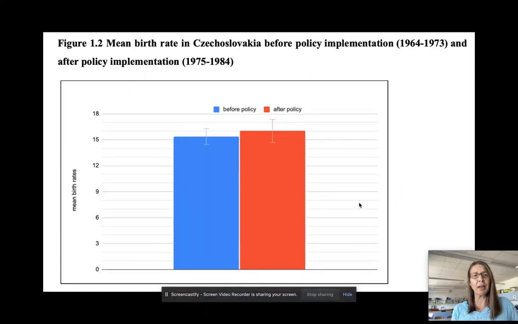This was a really cool one. I had a kid look at some population policies that were implemented in 1974 here in the Czech Republic. Well, it was Czechoslovakia at the time. And they wanted to see if those population policies were effective, if they actually saw population growth, which those policies were trying to encourage, more families having more babies.